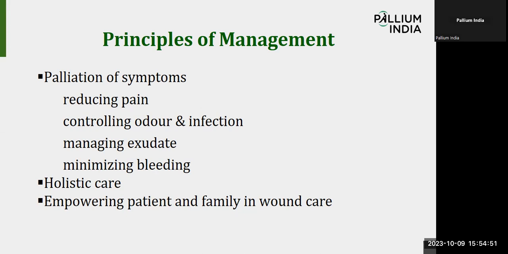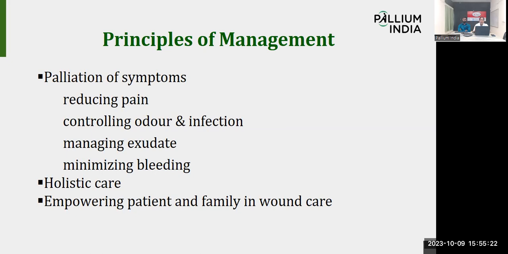For pain like nociceptive pain or neuropathic pain, we have to deal with the WHO ladder. Then controlling the odor and infection by using charcoal, or also we can use metronidazole powders or irrigations. Then managing the exudate by proper dressing, using sterile dressing materials, and also minimizing the bleeding by giving